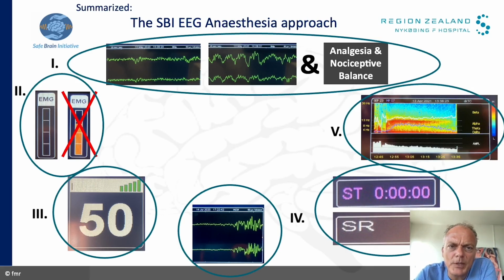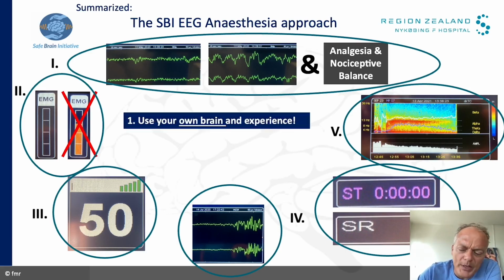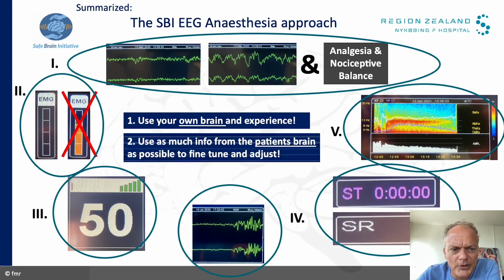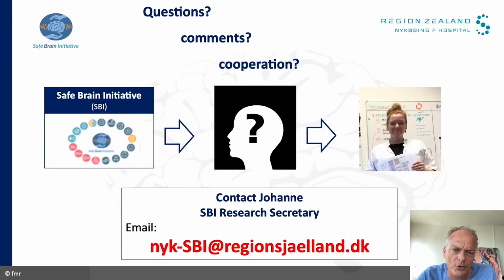After the induction phase, we switch to the DSA, where you can track the anesthesia over time. It can also allow you to see how the patient will most likely wake up, according to the end phases of the DSA. And most importantly, always use your own brain with all kinds of monitoring that you do. Does it generally make sense? Are these numbers trustworthy? And how does what you see relate to your experience? And of course, use as much information from the patient's brain as you can get in order to decrease the sedative and analgesic load on your patient, in order to avoid these postoperative cerebral disturbances.